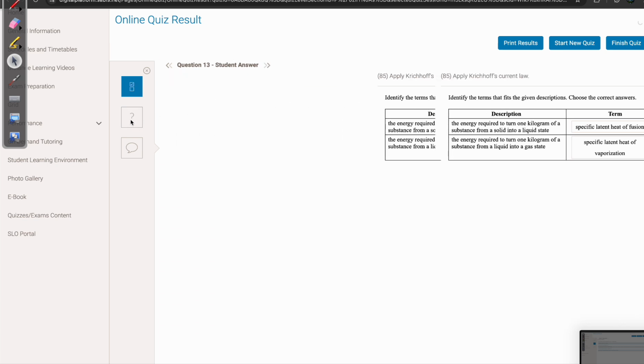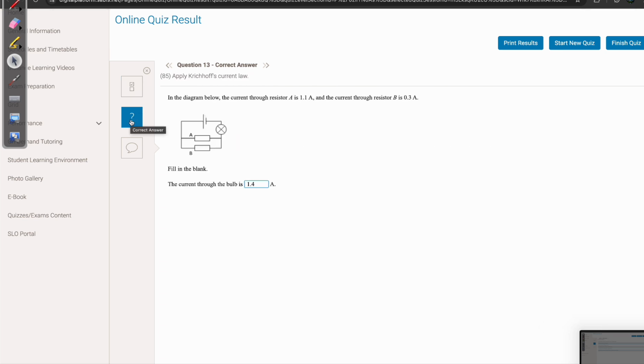Number 13. In the diagram below, the current through resistor A is 1.1 amperes and the current through resistor B is 0.3 amperes. Let's analyze this image. So here we have 1.1, hope you guys can see, and here in B we have 0.3. Now look, in series, voltage is additive, but current